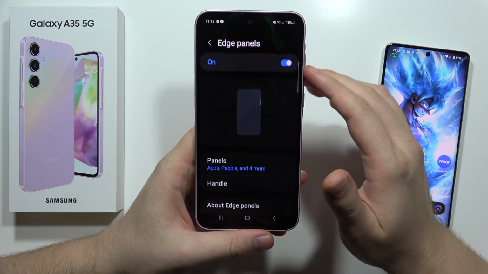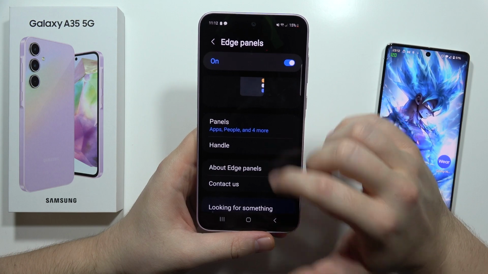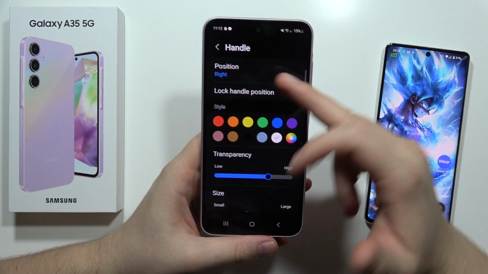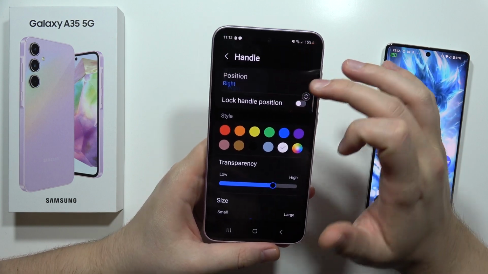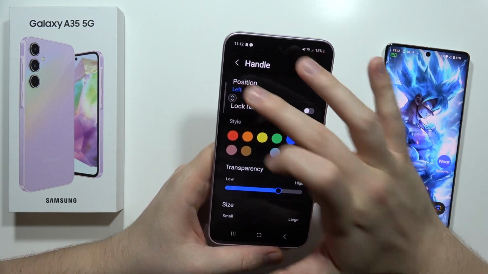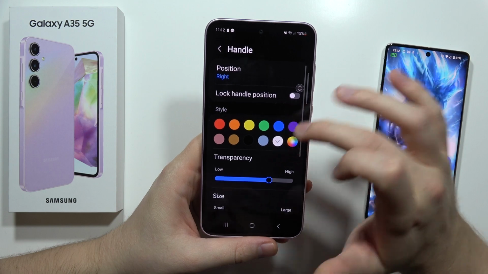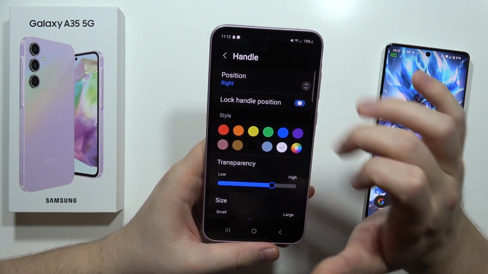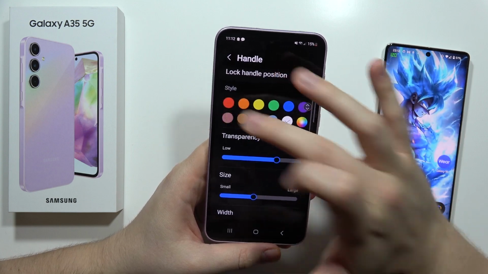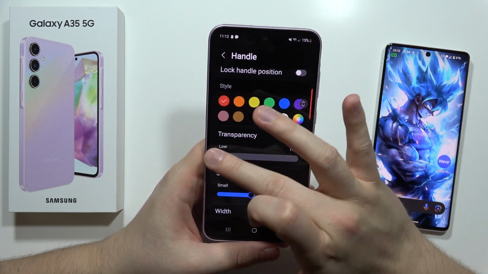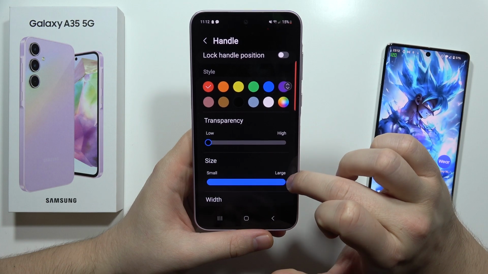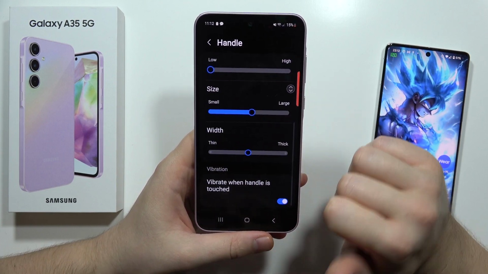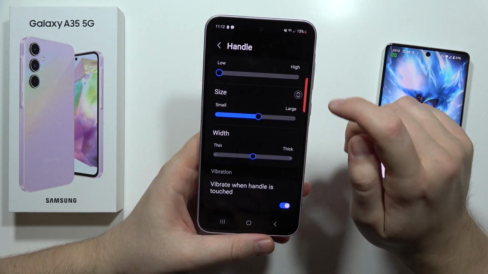Also, you can download new options from the Galaxy Store. But when you go into the display, scroll down and select the edge panel, you can also adjust these options from here, so you can change the position of this panel to the left or the right side. You can also lock the handle position. From here you can also change the color, transparency, size, width, and you can also get vibration when the handle is touched,